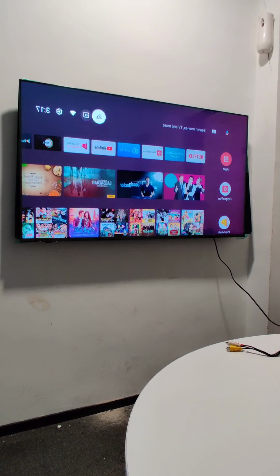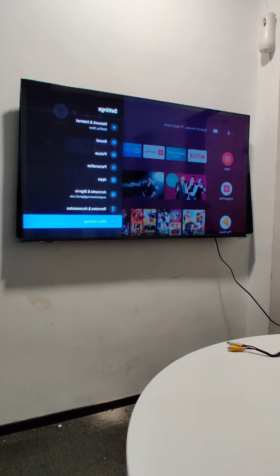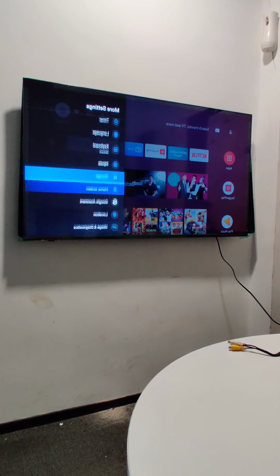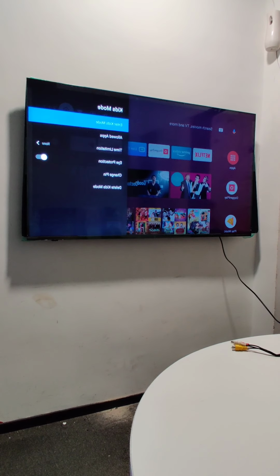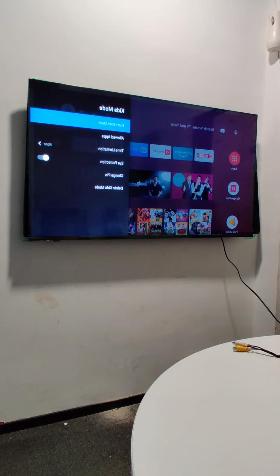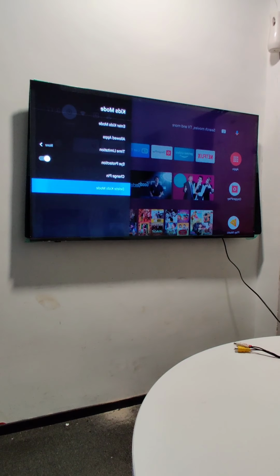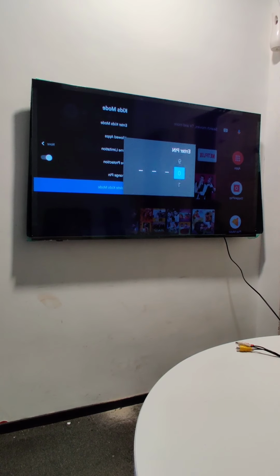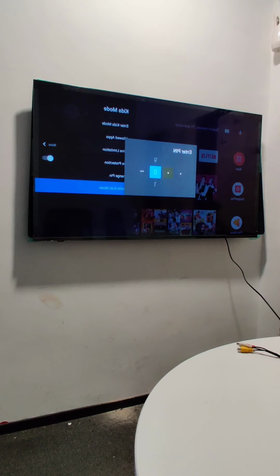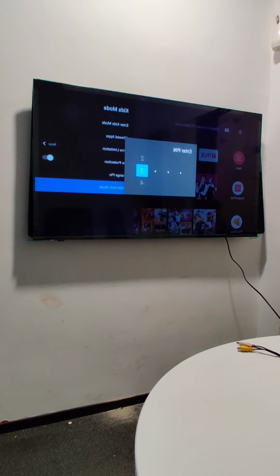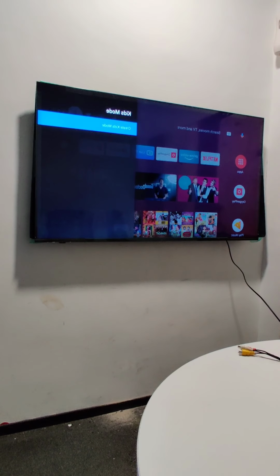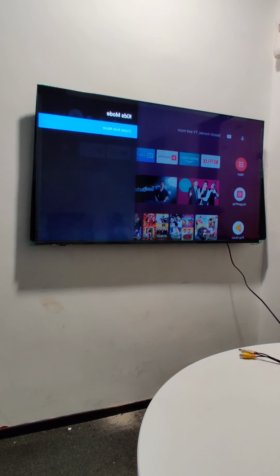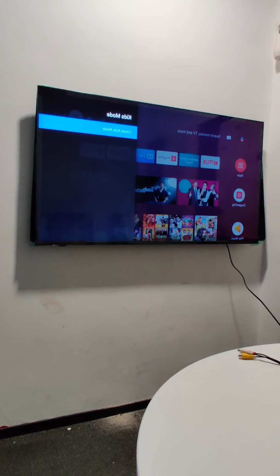And now I will be deleting the kids mode on the system. I'll go to settings. I will go to more settings, kids mode, and now see it is giving an option like enter kids mode, so I'll not enter this time. I'll delete it. While you delete that, you need that particular pin number. So same pin number, and see this is deleted. So you'll be getting an option now to create a kids mode. Okay, that's how we can configure and use kids mode on OnePlus TV.